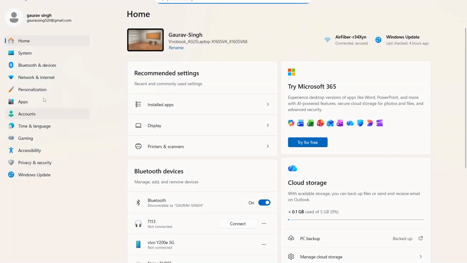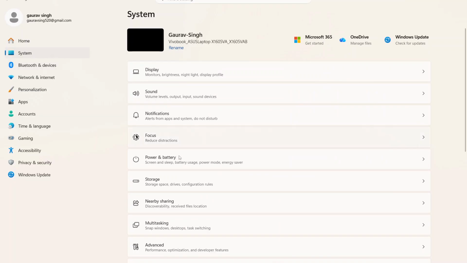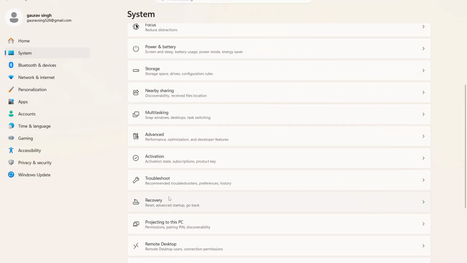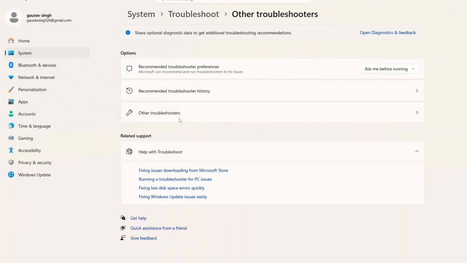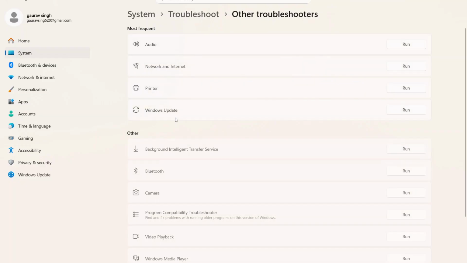Now look for Windows Update in the list and click on Run. This will initiate the troubleshooter, and you'll just need to follow the on-screen instructions. This tool is designed to check for and fix any problems that might be preventing Windows Update from working correctly. Once the troubleshooter has run its course, you may need to move on to the next step, which involves restarting